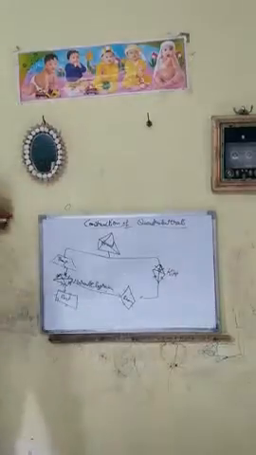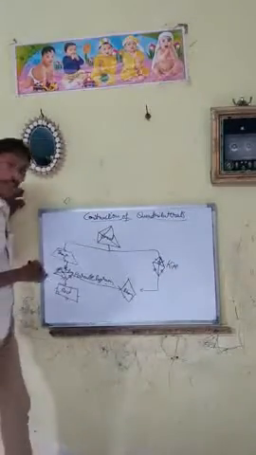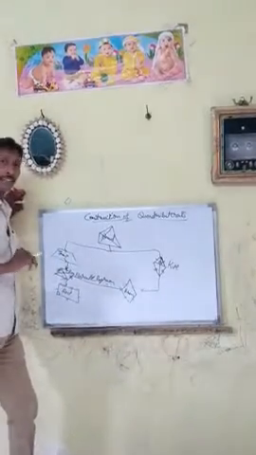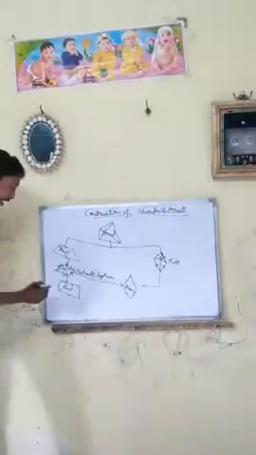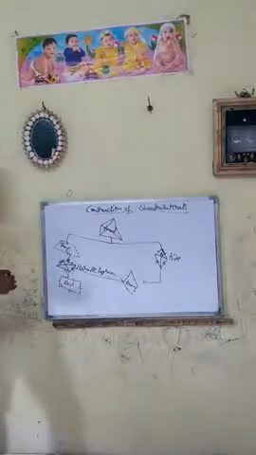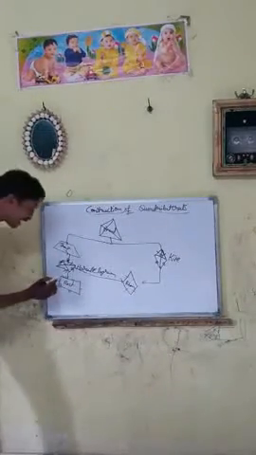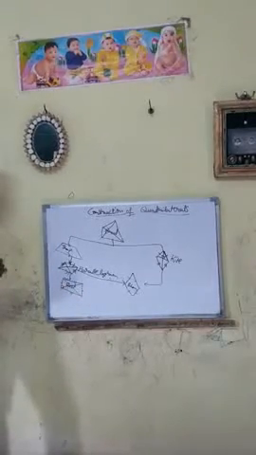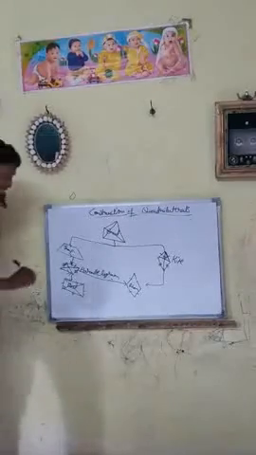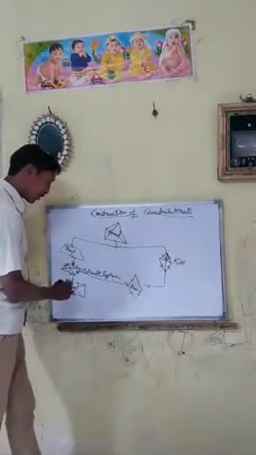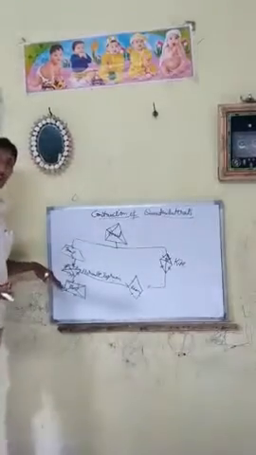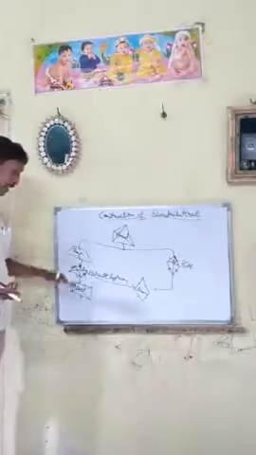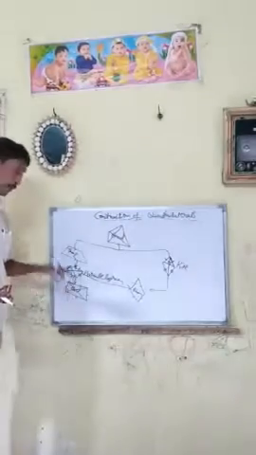Rhombus. What is a rhombus? In this, all sides will be equal. You may say that in a square also all sides are equal, but there is a lot of difference. In a rhombus, each angle is not 90 degrees, whereas in a square, each angle is 90 degrees. Coming to rectangle, opposite sides are equal, each angle is 90 degrees, along with some other properties: diagonals will be equal. And diagonals automatically bisect each other. Why? Because whatever properties the previous generation has, the present generation will also have the same property.